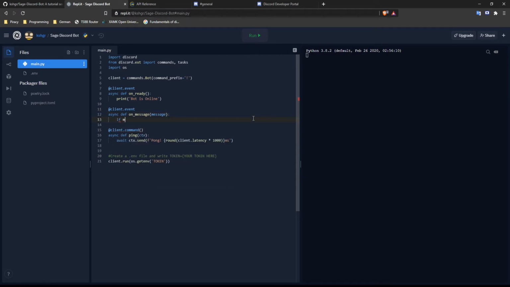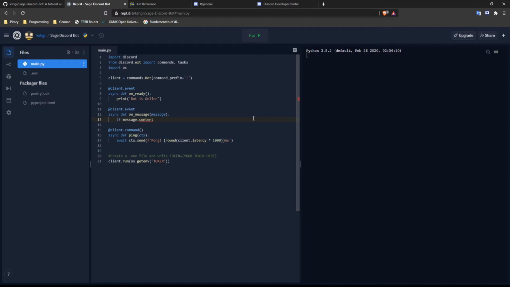That would be if message.content. We are using the attribute content because a message consists of many things: the author, the date timestamp, the content of the message, and a few other details. But all we need for this conditional statement is the content of the message.